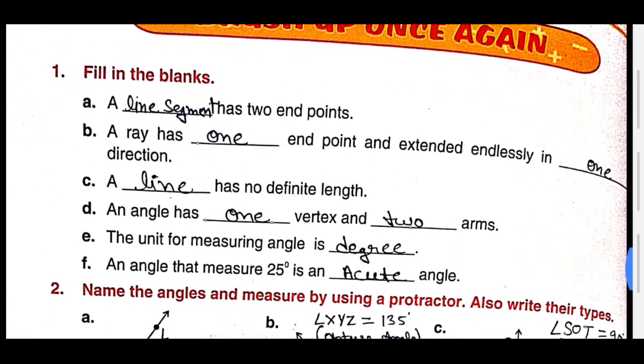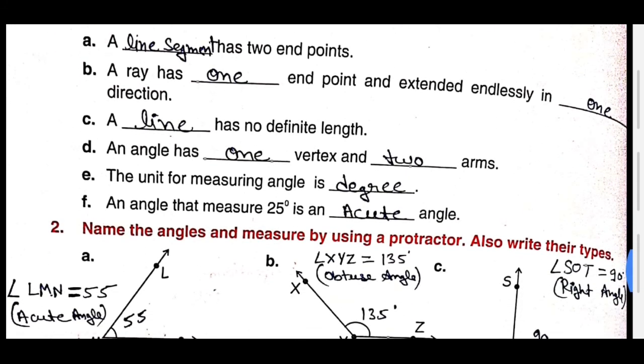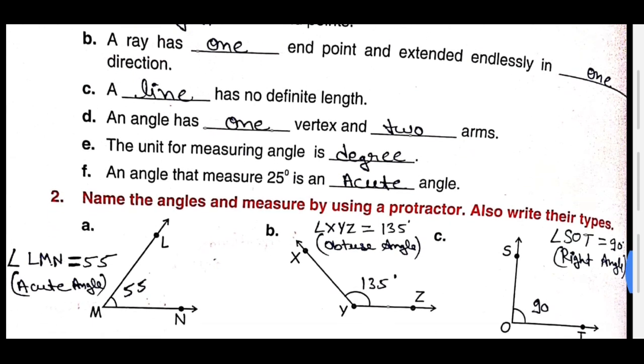Now common question once again, a dash has two endpoints. In the starting I told what is the line segment. A line segment has two endpoints. So you have to write here line segment. A ray has one endpoint and extends endlessly in one direction. So it is a ray. Like that one you have to draw a ray, na. So one point is fixed and you extend in any direction. They are known as ray.